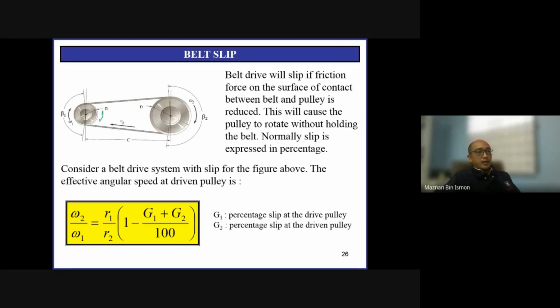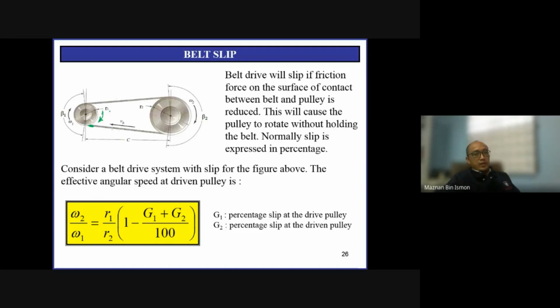Rotate in this direction. 100 RPM. So when the pulley rotates at 100 RPM, it is still capable, the coefficient of friction is still okay for the grip between pulley and belt. So when the motor increases the speed to 300 or 400, I don't know, probably there will be a bit of